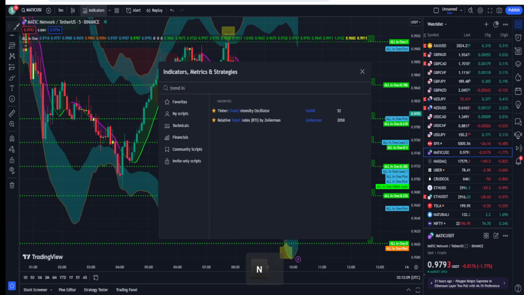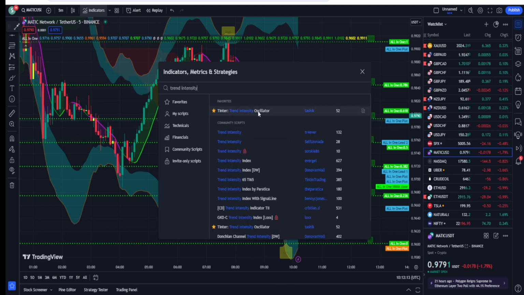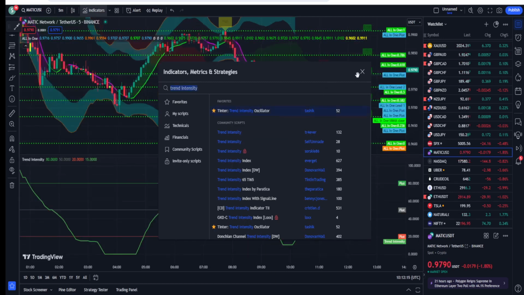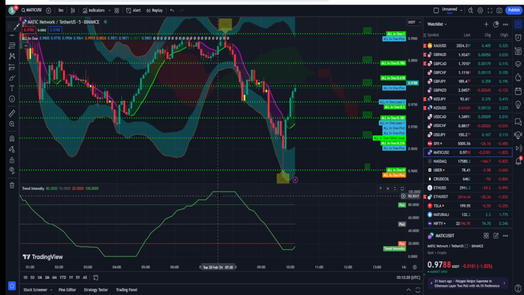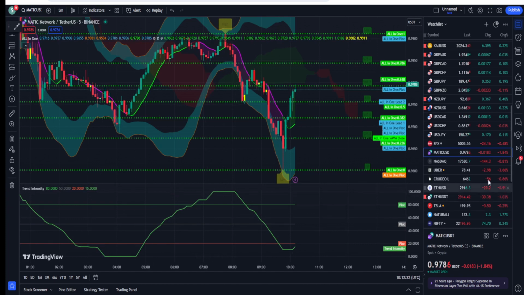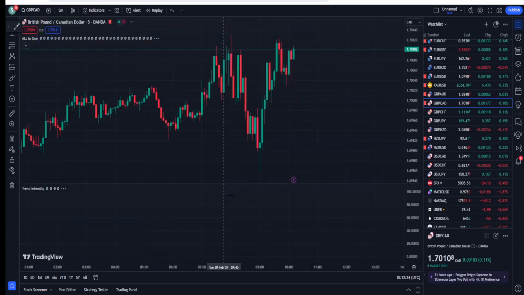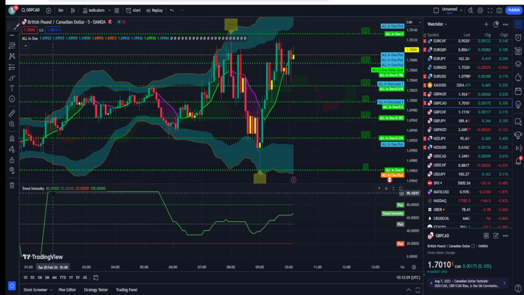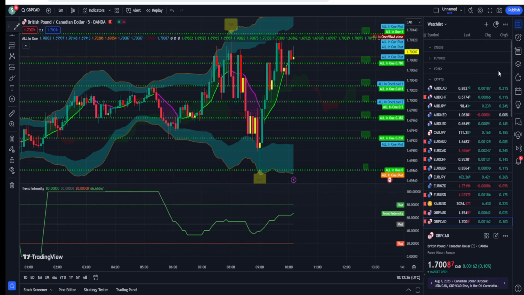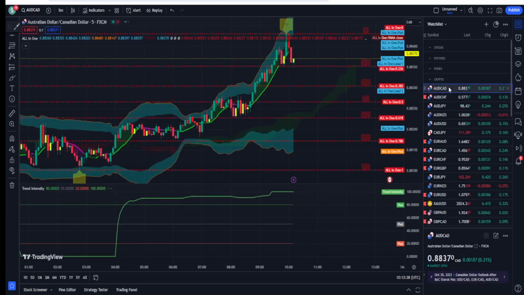But here we are going to add one thing so that we can improve our trading decisions. I'm just going to add another indicator that is called trend intensity. If you write trend intensity on TradingView, then this indicator will come. It is kind of an overbought, RSI type of thing, and you can see that it is giving us a signal. This indicator is highly specialized. For example, when the market reaches the overbought levels, if the market is straight, do not take any trade. This indicator saves you from a lot of fake signals.